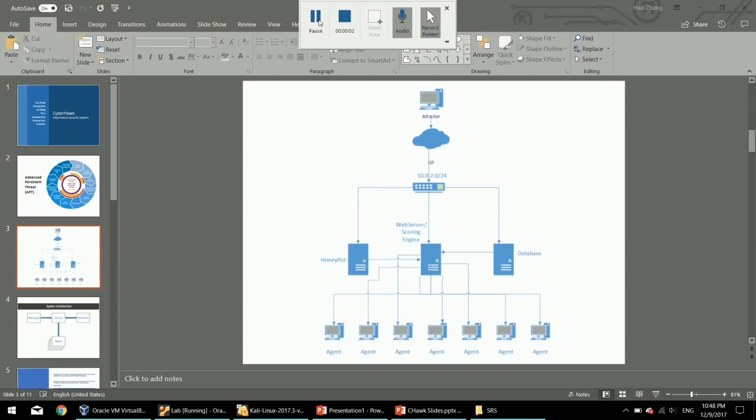Before we start, let's quickly go over the architecture of this application. We will have an attacker from outside of our network, from any IP address over the internet, go through the ISP, go through probably our router, and attack one or multiple devices on our local network. So in the whole architecture setup, we're gonna have the web server slash scoring engine,